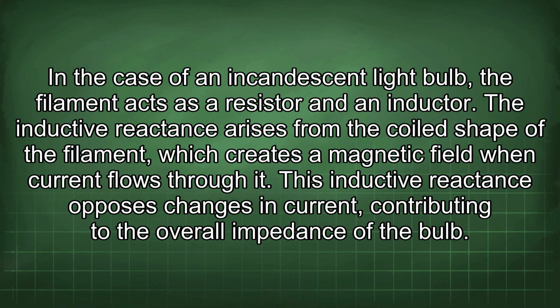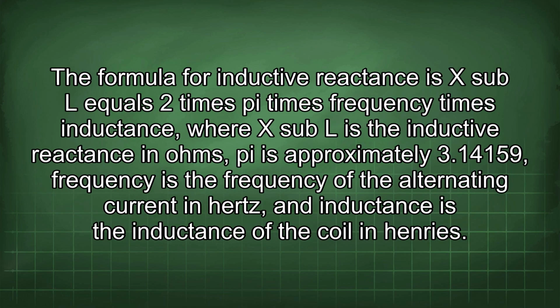In the case of an incandescent light bulb, the filament acts as a resistor and an inductor. The inductive reactance arises from the coiled shape of the filament, which creates a magnetic field when current flows through it. This inductive reactance opposes changes in current, contributing to the overall impedance of the bulb. The formula for inductive reactance is X sub L equals 2 times pi times frequency times inductance, where X sub L is the inductive reactance in ohms, pi is approximately 3.14159, frequency is the frequency of the alternating current in hertz, and inductance is the inductance of the coil in